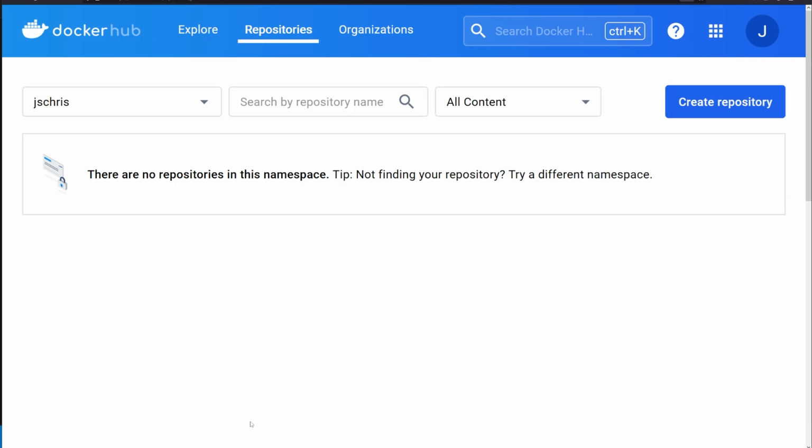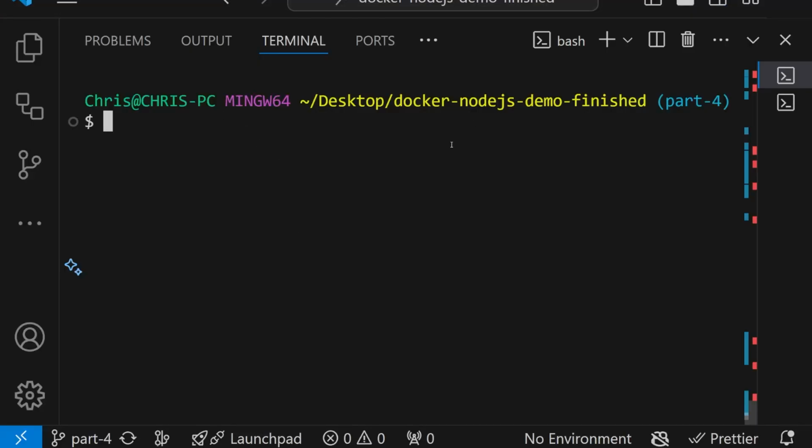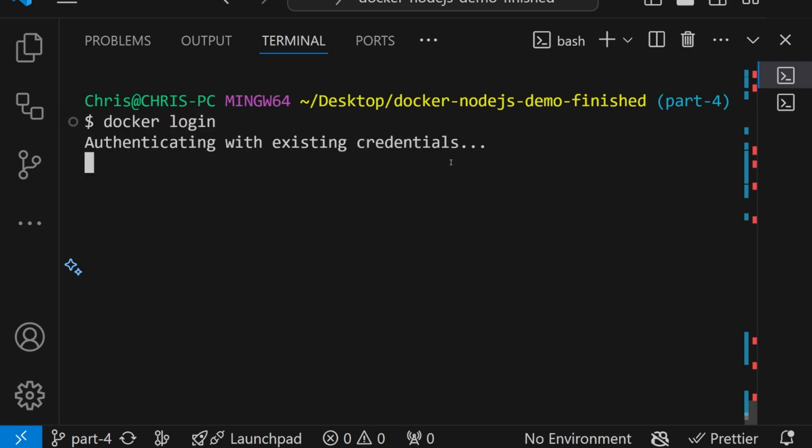So to do this, we'll jump back into our IDE, and we're going to open up a terminal. And in here, the first thing we need to do is connect to the Docker Hub account that we just created so that we can push images to it. So to do this, in the terminal, we'll say docker login, just like this,